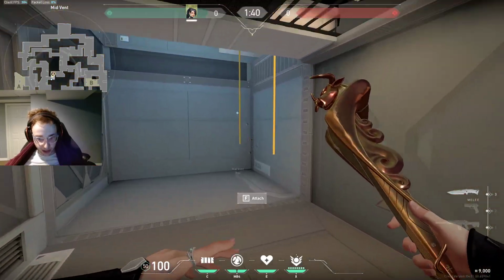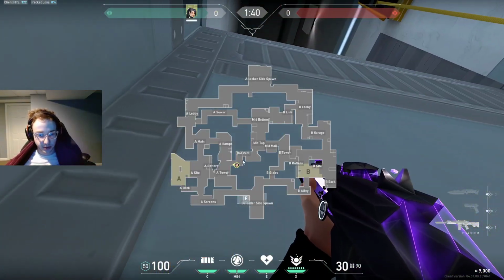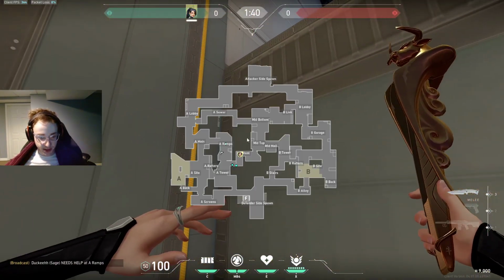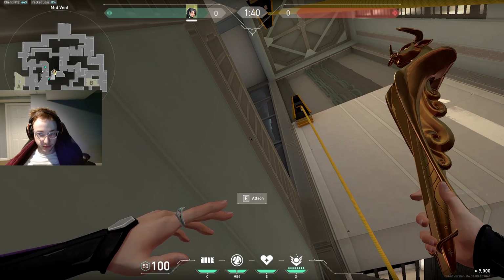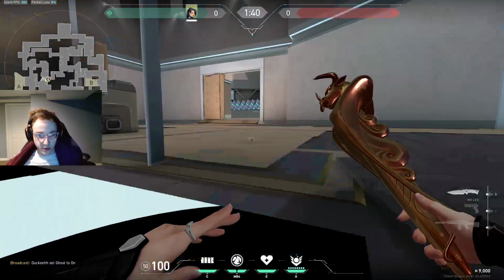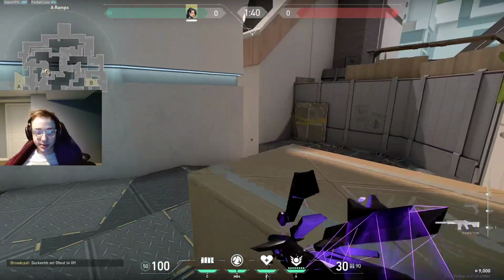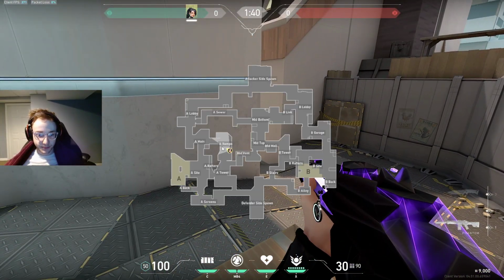And then the same thing applies for this corner over here. If for some reason you think they're going to come from ramp to mid, but this is kind of harder to predict. So for that reason, I would normally sit in this one for mid. Other than that, we can go over to A, since that's where I'm closer to. So basically, the way I like to play A,